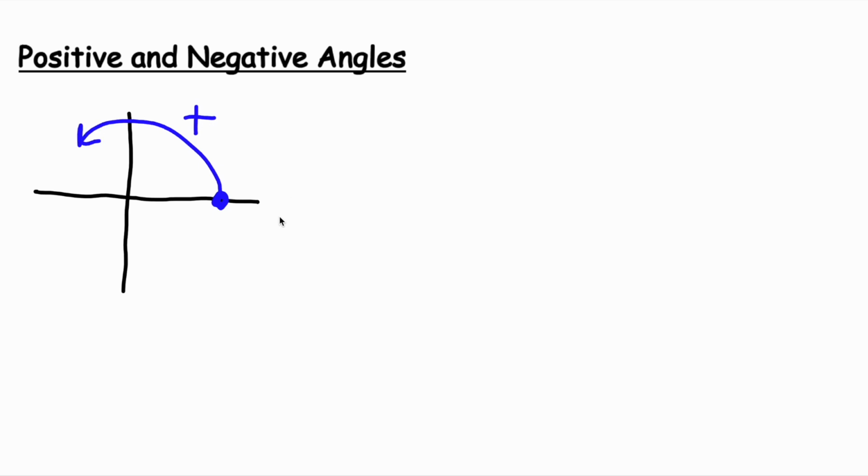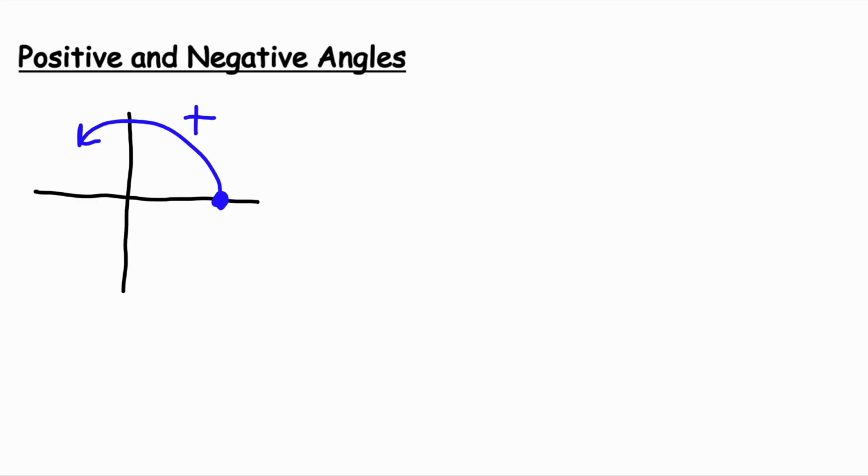So we are going to learn about how we measure angles in the coordinate plane. So we have positive and negative angles. First of all, here's my coordinate plane, right? Big plus sign. When we measure positive angles, we are always going to start over here, on the positive x-axis. Positive angles are measured in the counterclockwise direction. So if we see a positive 50 degrees or a positive 120 degrees, that's always starting here and measuring around